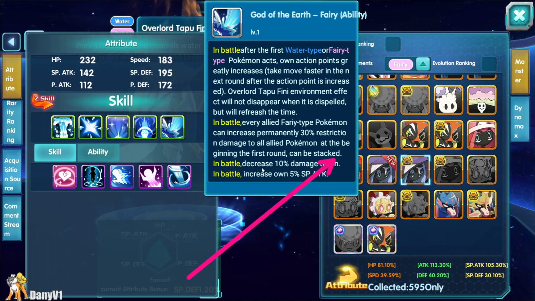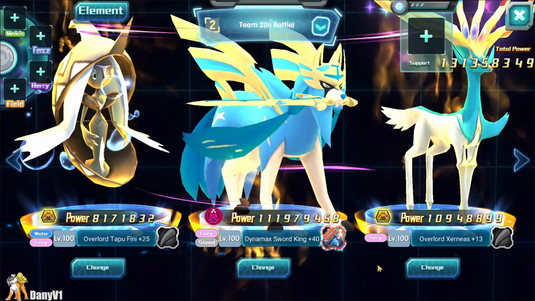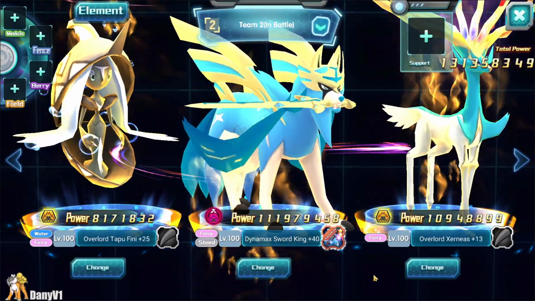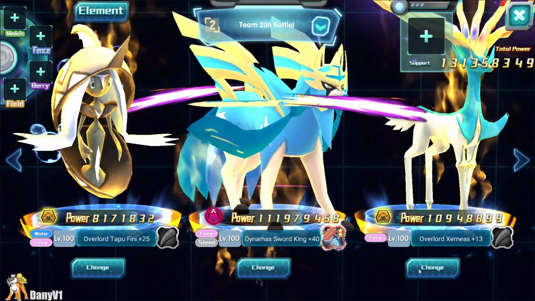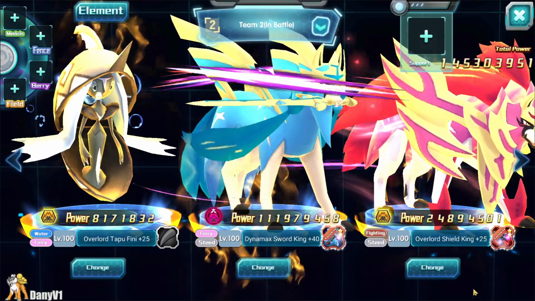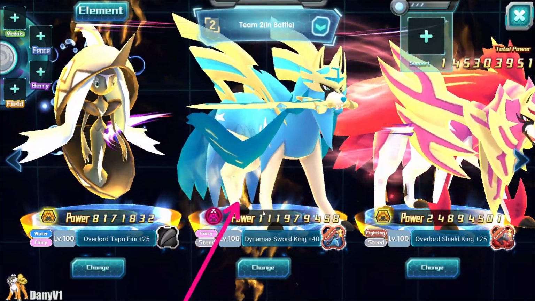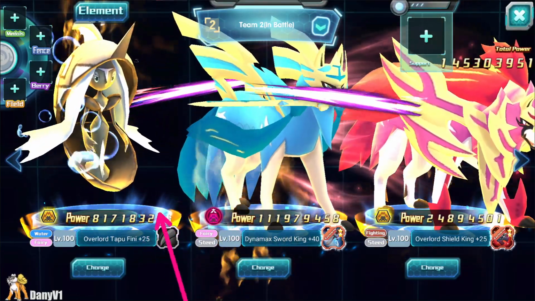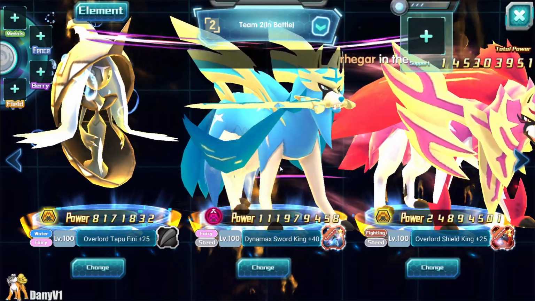What this means is, for each fairy type Pokemon on your team, you will get 30% permanent restriction damage in that battle. So technically, if I want to build a fairy team like this, it will have 90% restriction damage, which would increase the damage of your main attacker much more. But even if I just play it like this, with just one fairy type over here, which is Sword, it gives 60% restriction damage just to Sword,